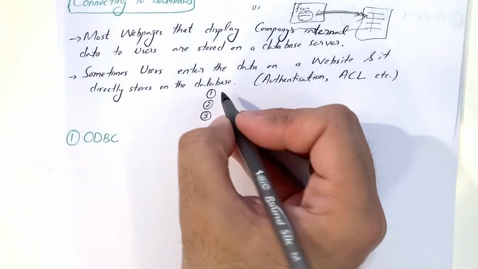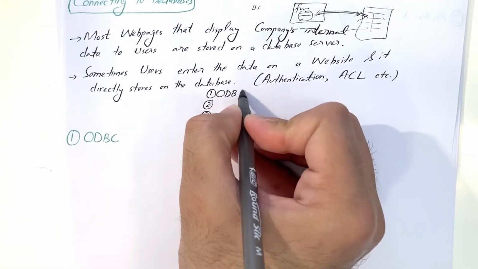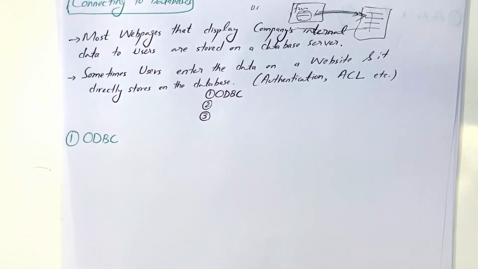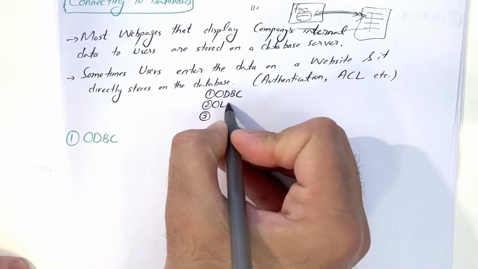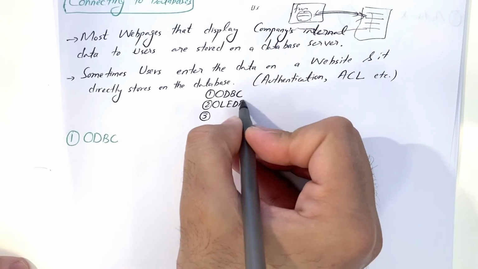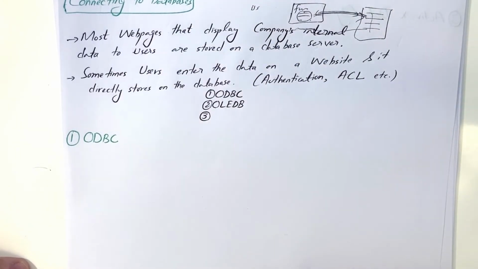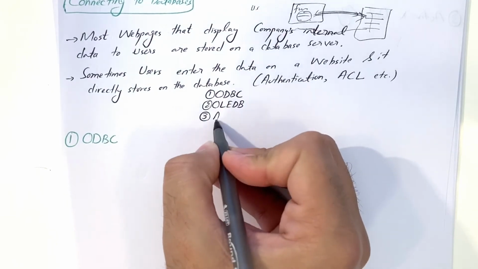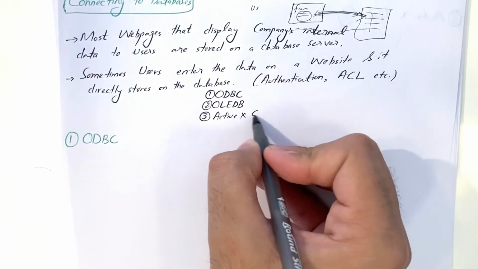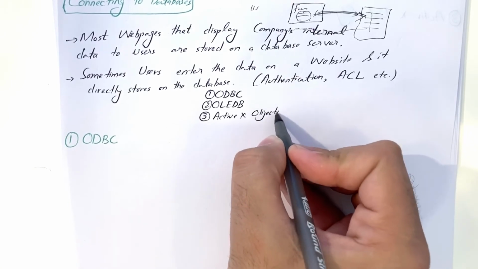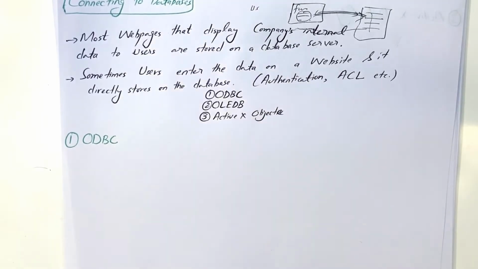do that. One is called ODBC. It's called the Open Database Connectivity. Second is OLEDB. It's called Object Linking and Embedding Database. And the last one is called ActiveX Object. It's basically a programming interface through which we can actually